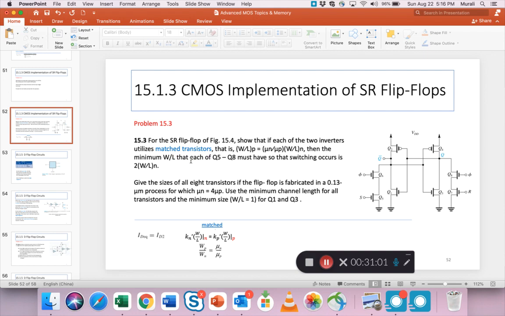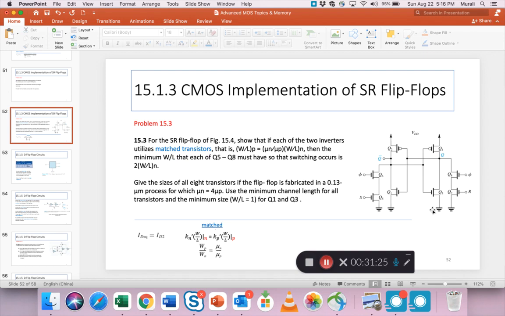So for such a flip-flop, show that if each of the two inverters uses matched transistors, that is W by L P equals mu N by mu P into W by L N, right? So they are matched. Then the minimum W by L that each of the Q5 to Q8 must have,